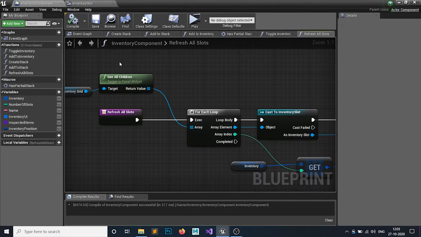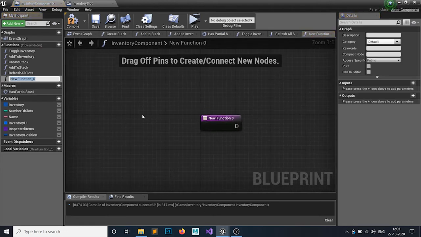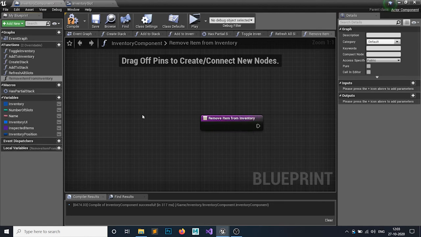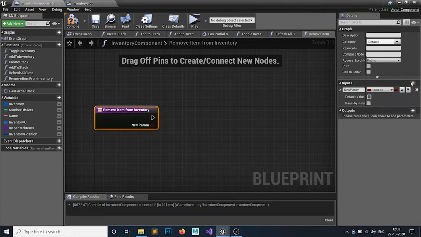So yeah, this is it. Now in the inventory component, we have made this add to inventory. So let's say we want to also make a remove from inventory. We're gonna make a function called remove item from inventory. For the removing purpose, we need some variables.